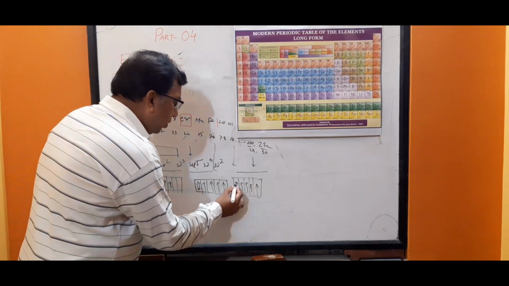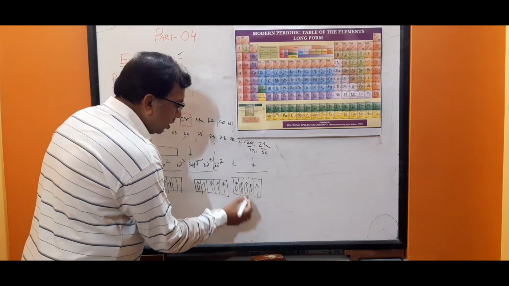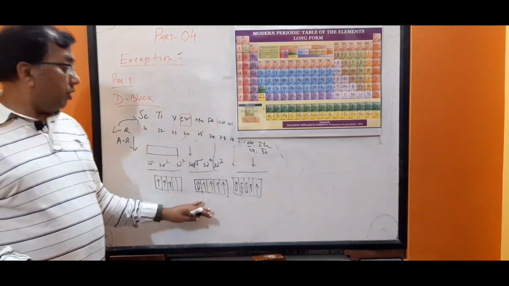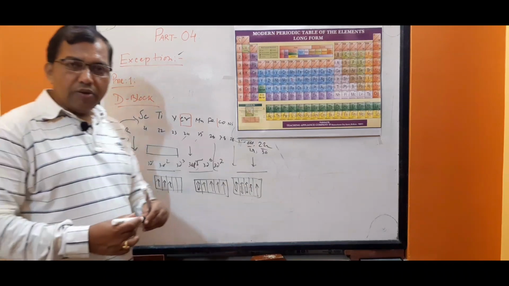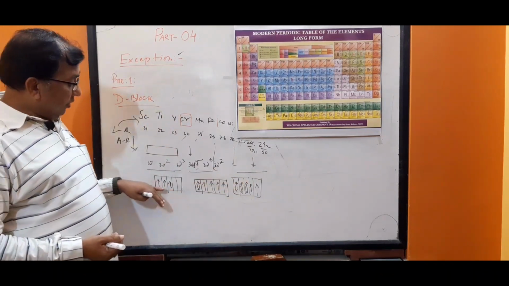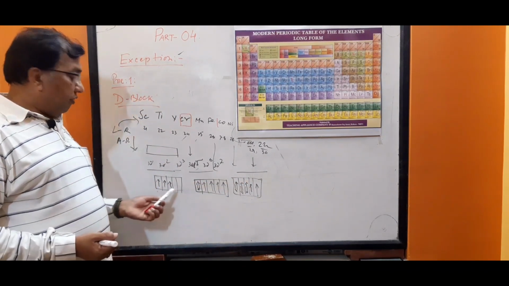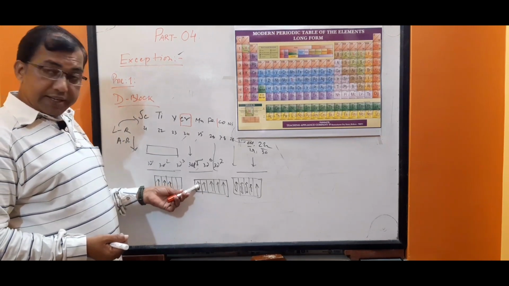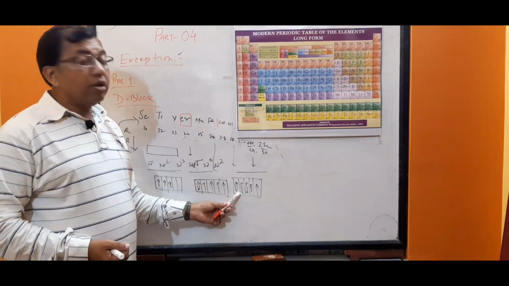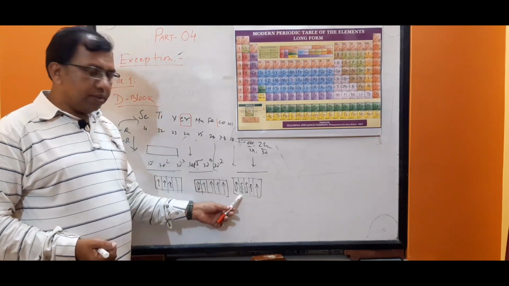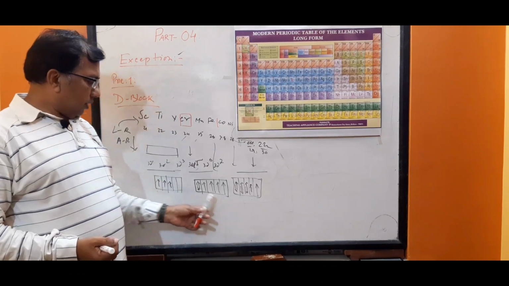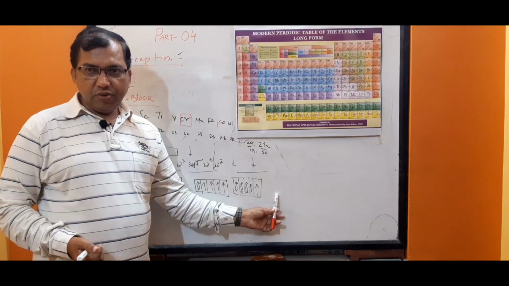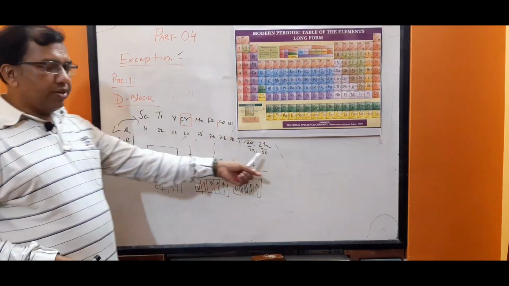That means it will be this. In this way, what you will observe out here is that the electrons in the not-filled orbital are more, this is more than this, and this is more than this. And this is the fulfilled one; there is another factor. Okay, this is increased, 3d10.